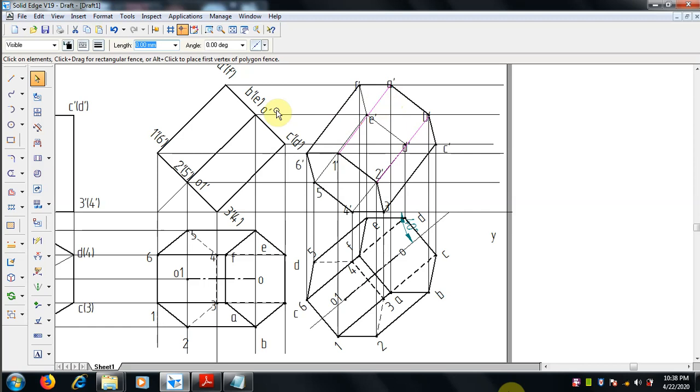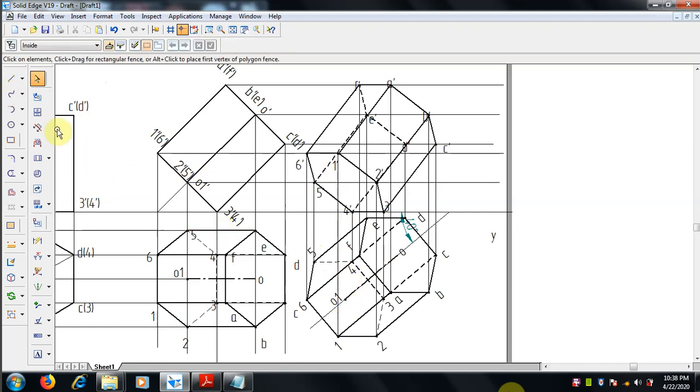Yeah, this is visible since it is joining with the visible edges. Base visible and top visible, both are joined. But this 5 and 4 which is joining, these are all hidden because these are crossing through the visible edges. The edges which are passing through the visible faces should be hidden. Okay, that's it. So now we can draw the axis from here.